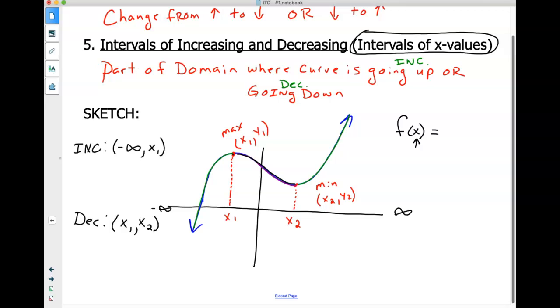And then at that x sub 2, what happens is I increase forever and ever and ever, or until infinity,